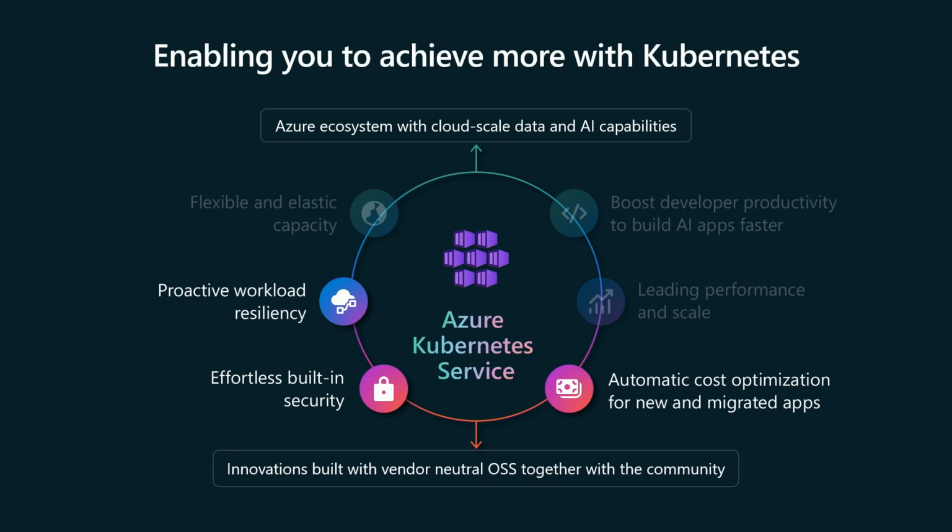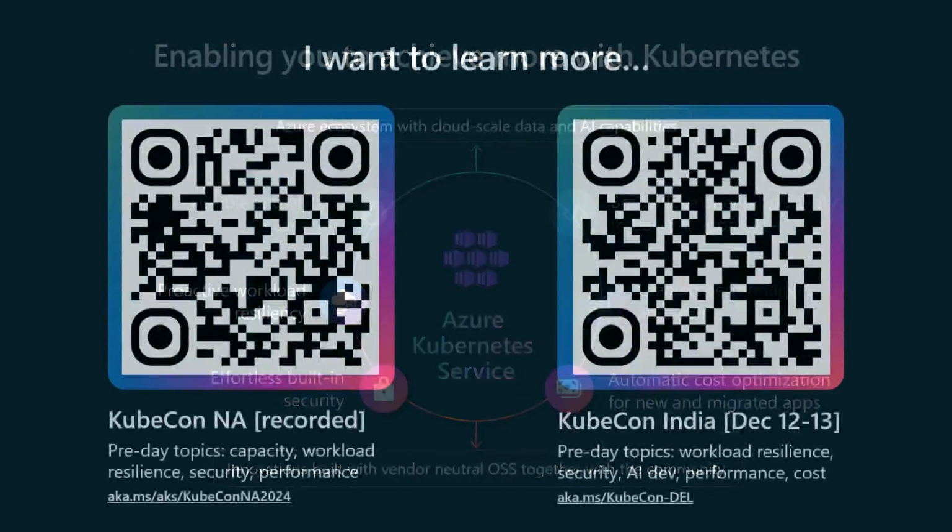Yeah. So today we're going to focus on three specific ones, which are proactive workload resiliency and simplifying operations to achieve that. We're going to be focusing on how we're working to make all that security work that Brendan mentioned more effortless, so that you are very easily able to consume it and not just have all the controls available to you, but also have them built in, have them default, and have them have a very simple experience. Finally, we're going to talk a bit about optimizing, namely through cost, and some of the things that we've been working on to help with that.